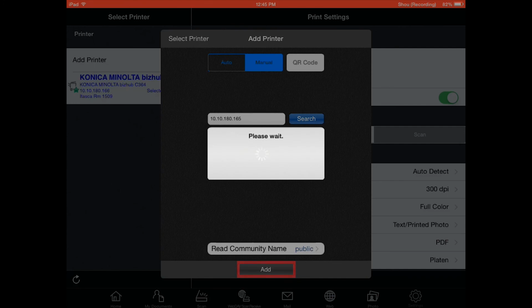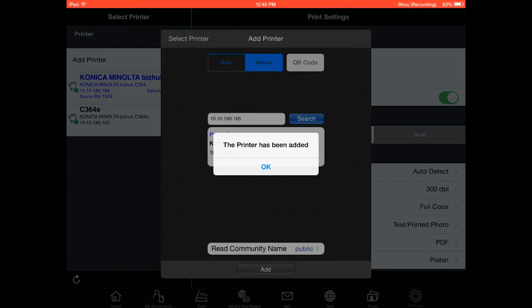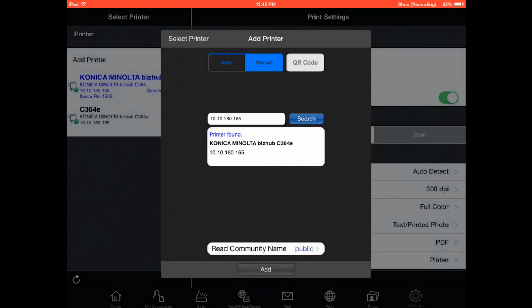Now, while it's adding this, let me explain to you that there is a website that you can go to print out your QR codes for this. So it's www.pagescope/CQR2/. That allows you to go ahead and print out your own QR codes to stick right on the front